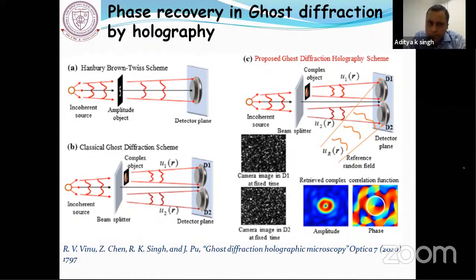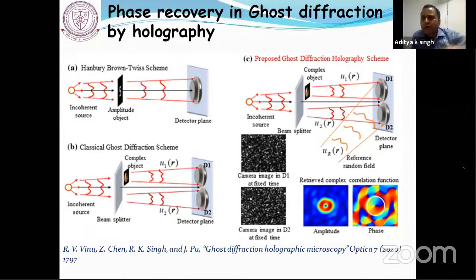So if I do the correlation of the intensity information from detectors D1 and D2, we can get the modulus square of the object. Since the object is complex, the phase information will be lost. For example, if I have a spiral phase plate which generates a vortex, or a vortex beam which has a certain helical phase structure, and I use the technique I just presented in figure B, this will not give me the phase info.